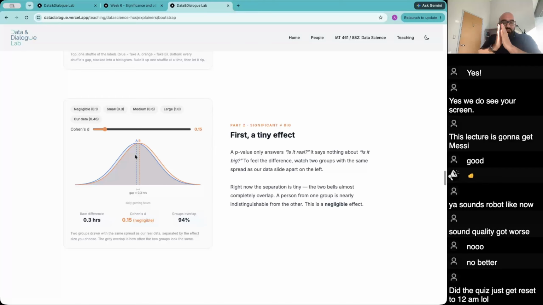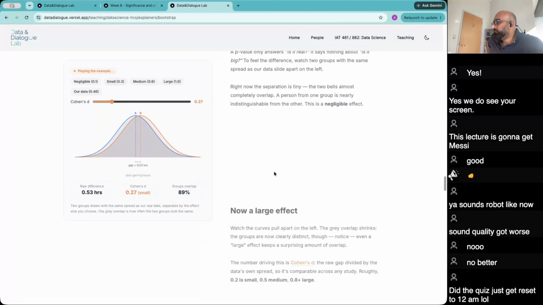If the difference is really small, for example 0.1, like if the difference is 5 minutes, do we even care? Is it important? If you go to a UX researcher and say this new intervention I created only increased usage of the app by 15 seconds, they're going to be like, who cares? 15 seconds is not important. That's the effect size.